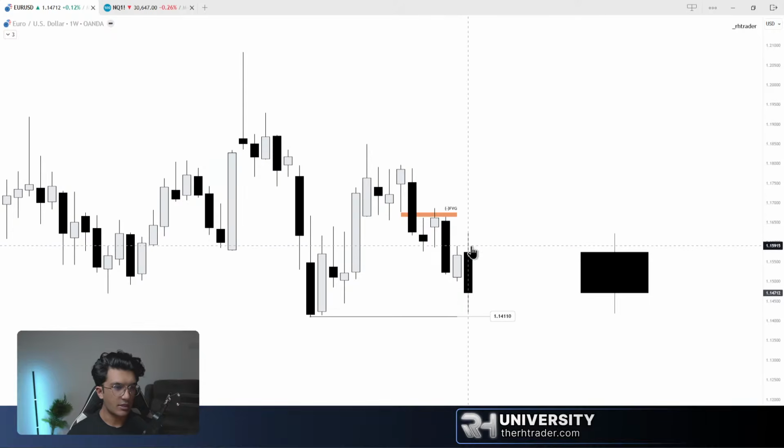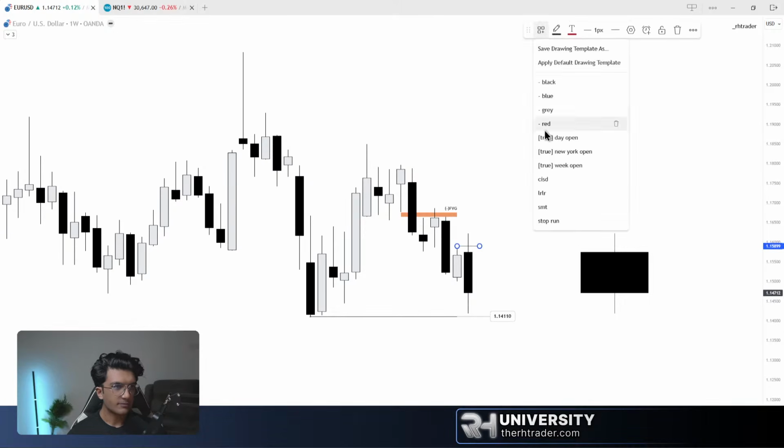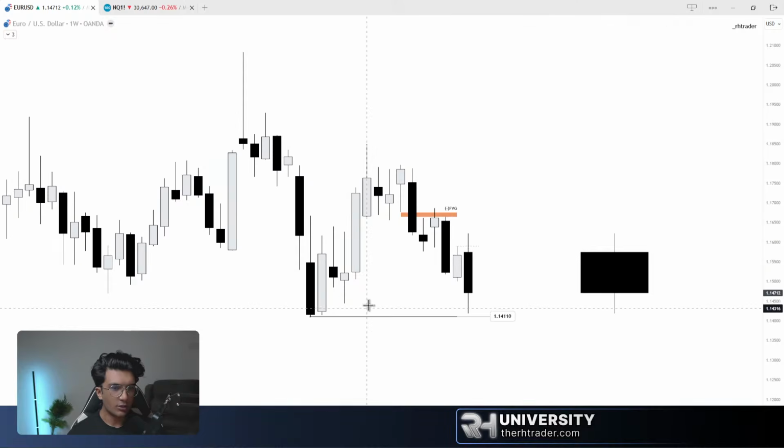So usually in this case, let's just take this example. Euro USD has taken previous week's high, right there, and expanded lower to the objective. Now the objective was given to you before, you know you were bearish. So price takes a previous week's high, you are most likely going to see price move lower, right? That is fine. But let's say you're not comfortable trading from highs and you're really comfortable trading from fair value gaps. Now, what do you do then? You actually go to its correlated pair.